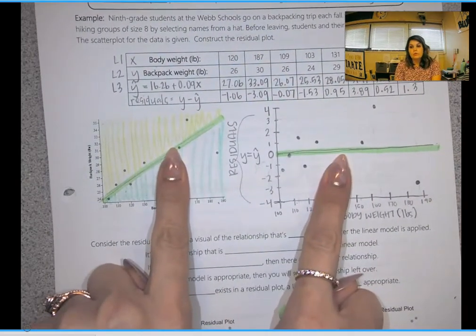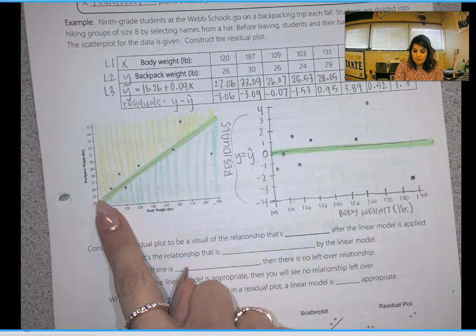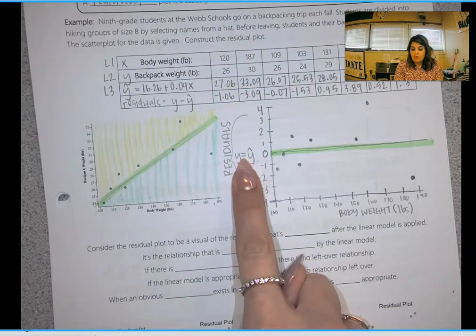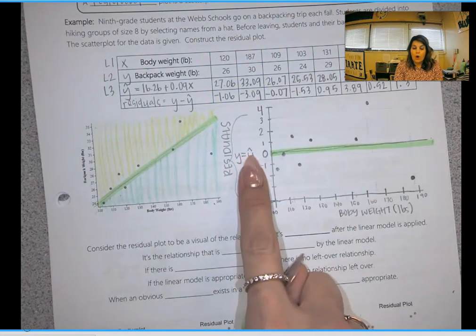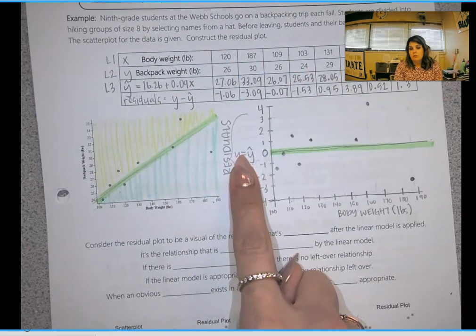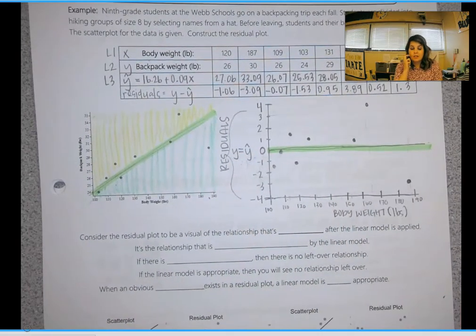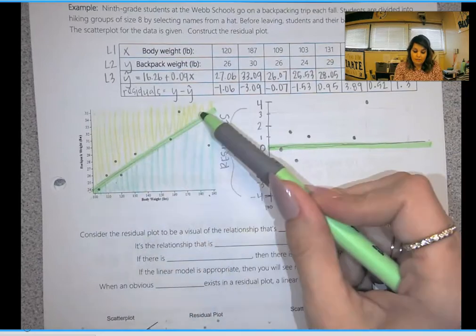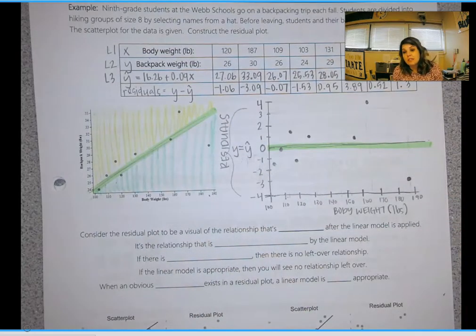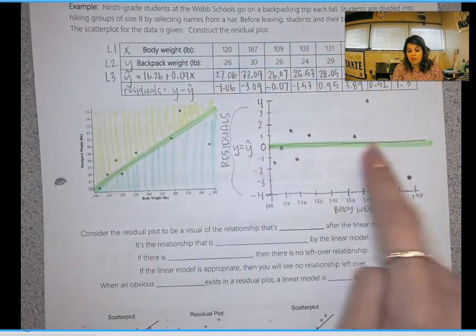These two represent the same thing. These are all of your y hats. Remember, if you have a residual of 0, your y hat and your y are equal. So we don't have very many points on our green line because very rarely is our prediction the same as our actual value. So this line translates to this line,